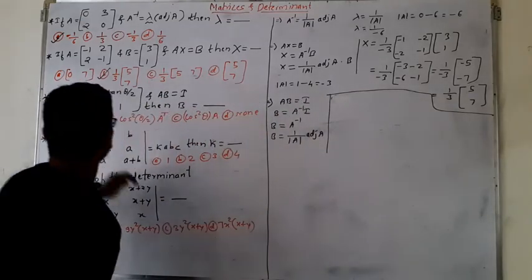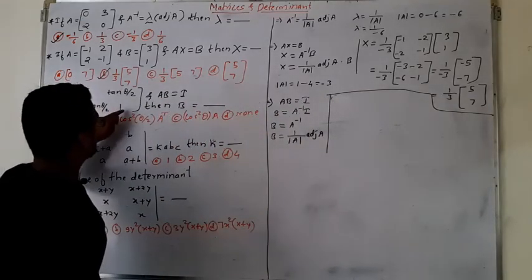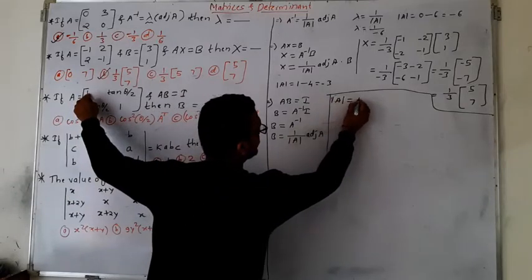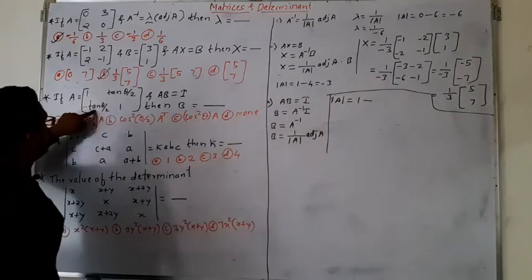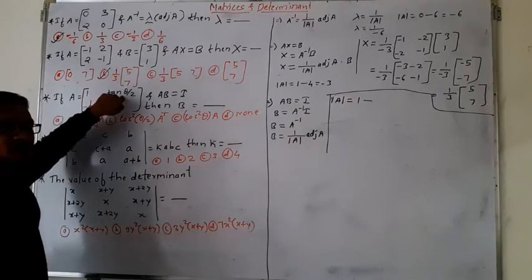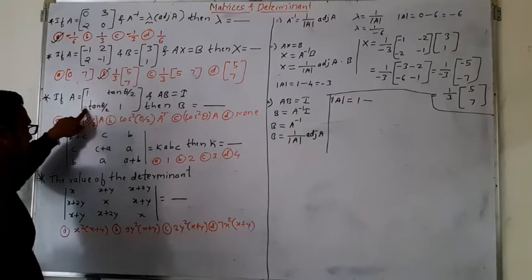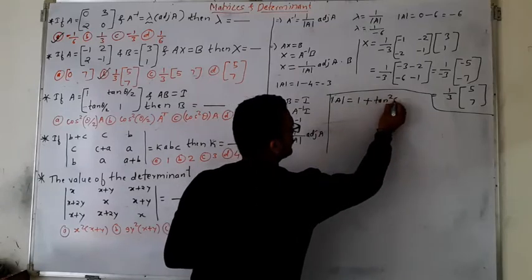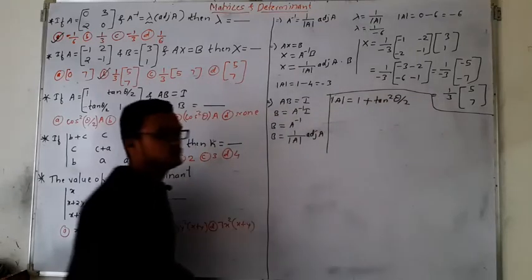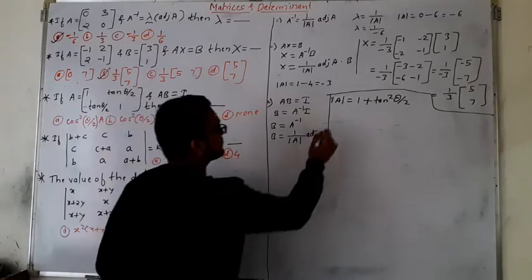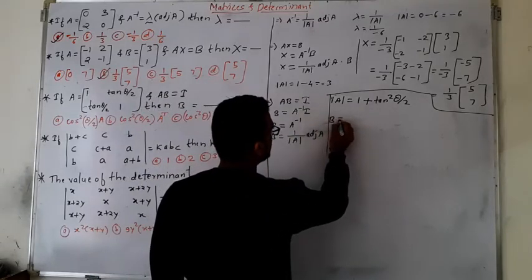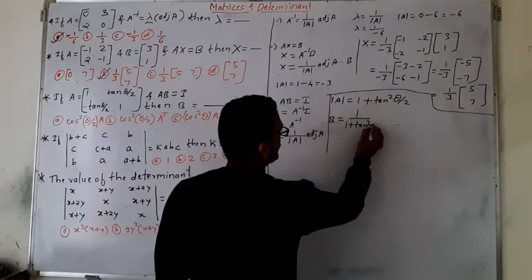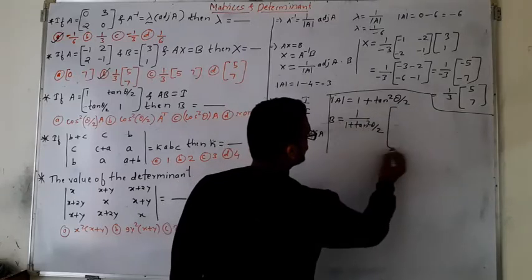What is the value of determinant A? See here, the matrix says this. So the determinant A value will be 1 into 1, which is 1, minus tan theta by 2 into tan theta by 2, which is tan square theta by 2. But having a minus sign, this minus and this minus becomes plus tan square theta by 2. Okay, now we'll substitute in this. So B is equal to 1 divided by 1 plus tan square theta by 2 into